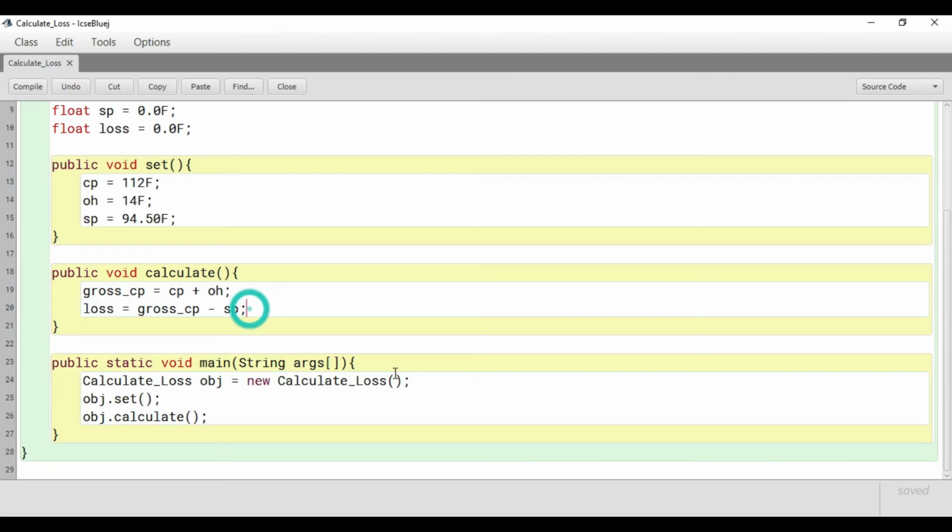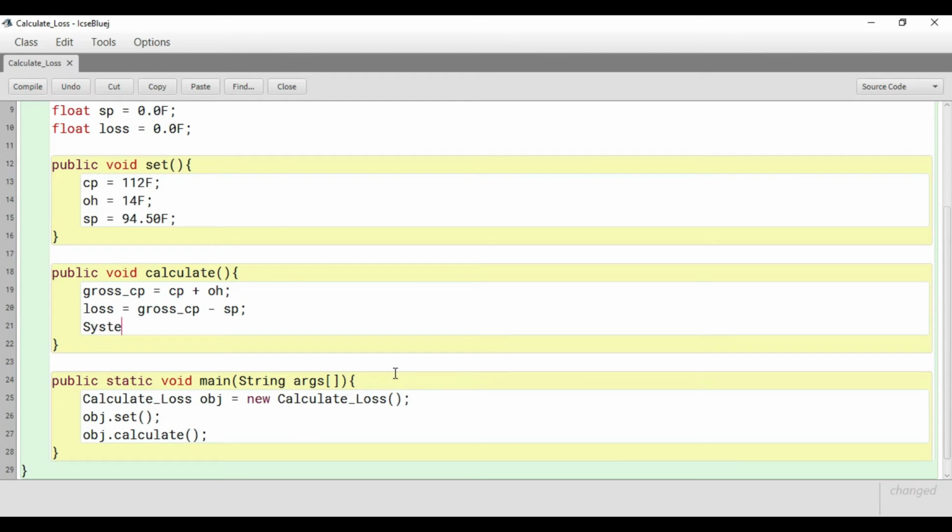Well, what you can do is simply write your System.out.println over here, which will display the loss amount right here also. You can write, for example, the cost price is, in rupees, you put a quotation mark, then a concatenation operator, and write gross_CP, that's the cost price, and then you again concatenate, and write selling price is.